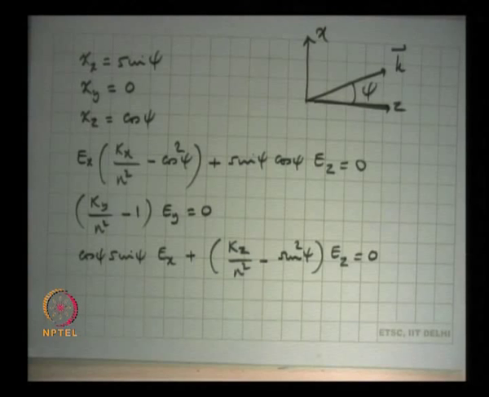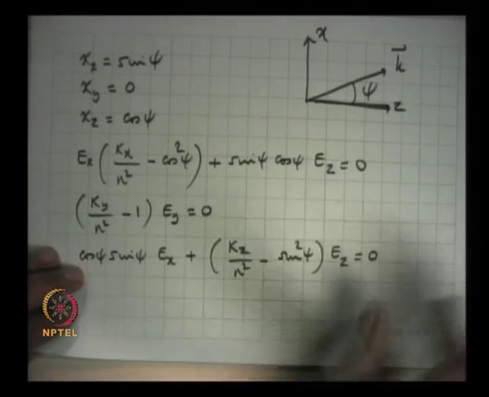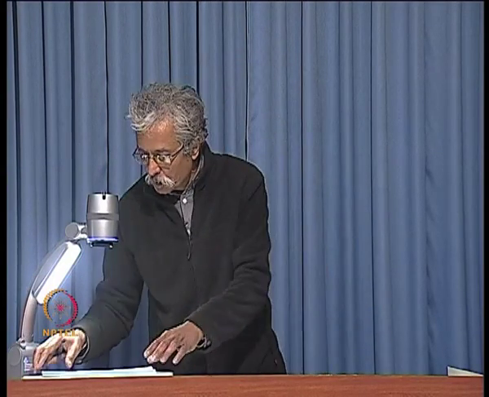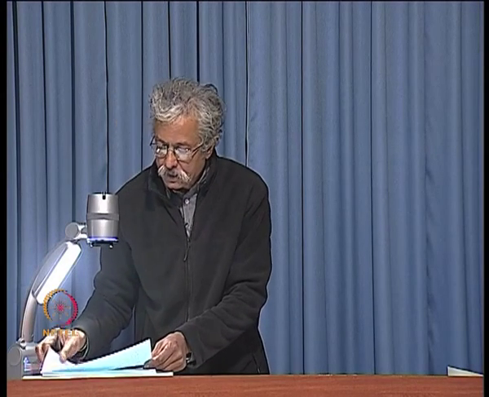Now, first thing you notice is these three equations have split into two groups. In one group of equations, the first and the third only contain E x and E z, and the intermediate equation has only E y. So, in principle what I need to do is to find the determinant of the coefficients, put it equal to 0, get the solutions, but because of these special cases I can find a solution very quickly just by looking at these equations. For example, one solution can be